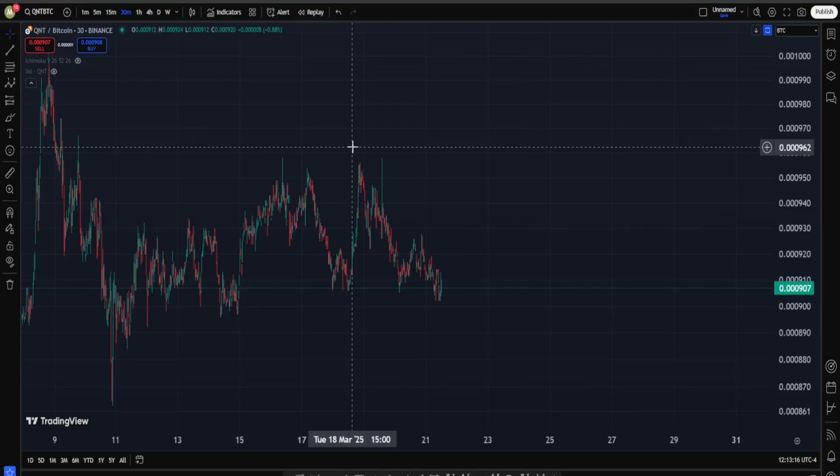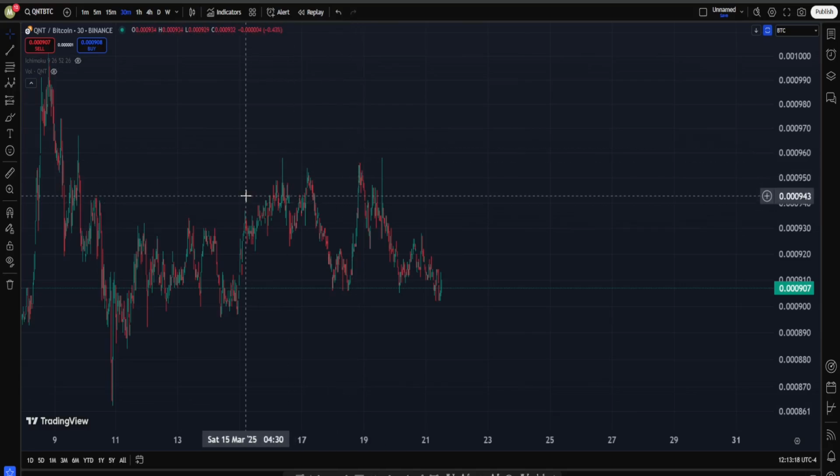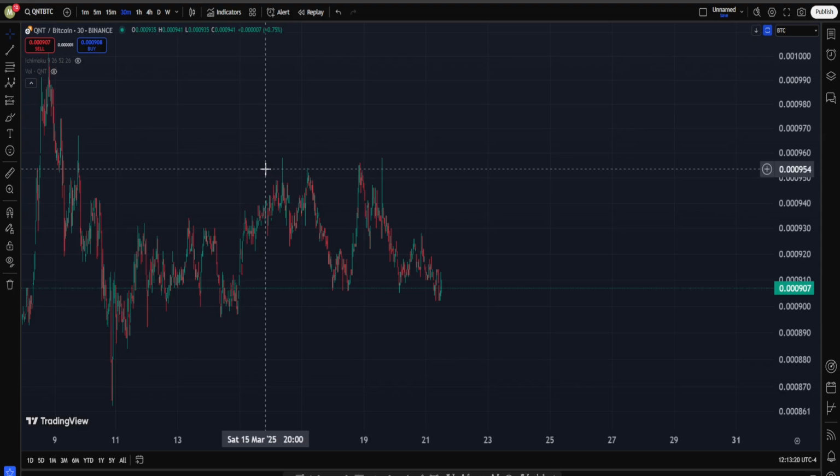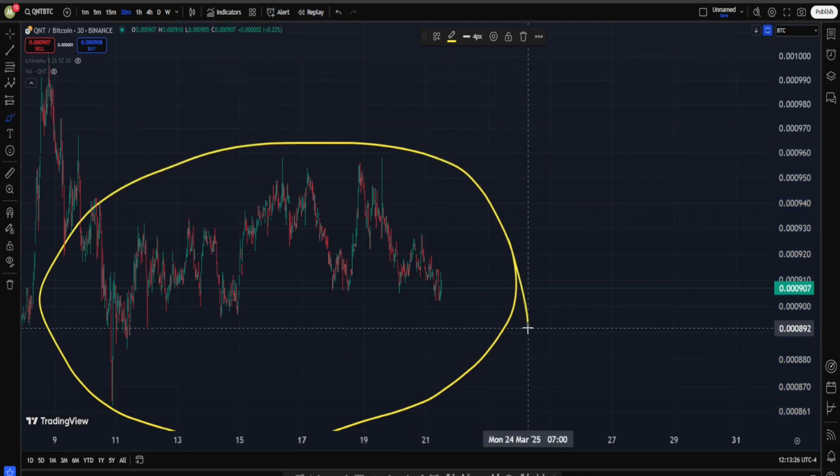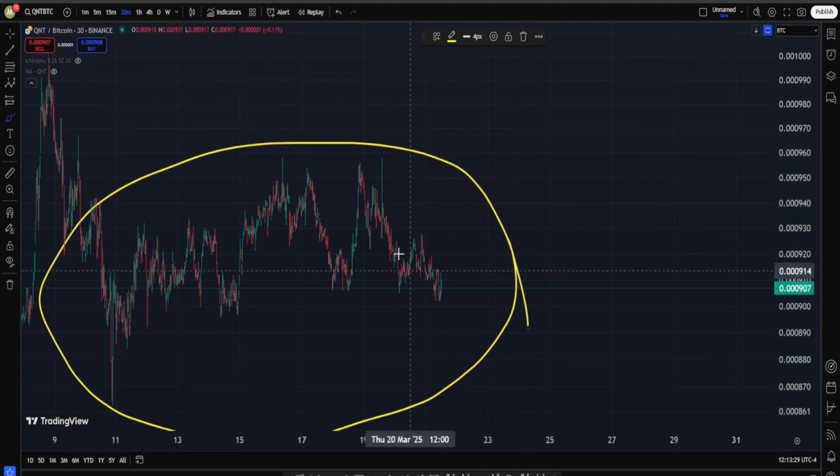Okay, so in today's video, we are going to check out Quant's price chart and see what is going on there. But before that, we are going to talk about what is happening in the short term in this chart, QNT relative to BTC. And based on it, I'm going to tell you what are my expectations for QNT